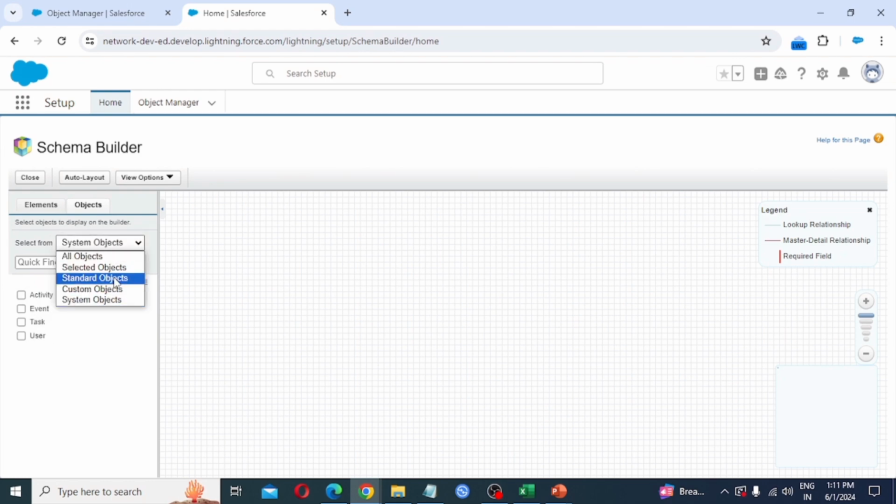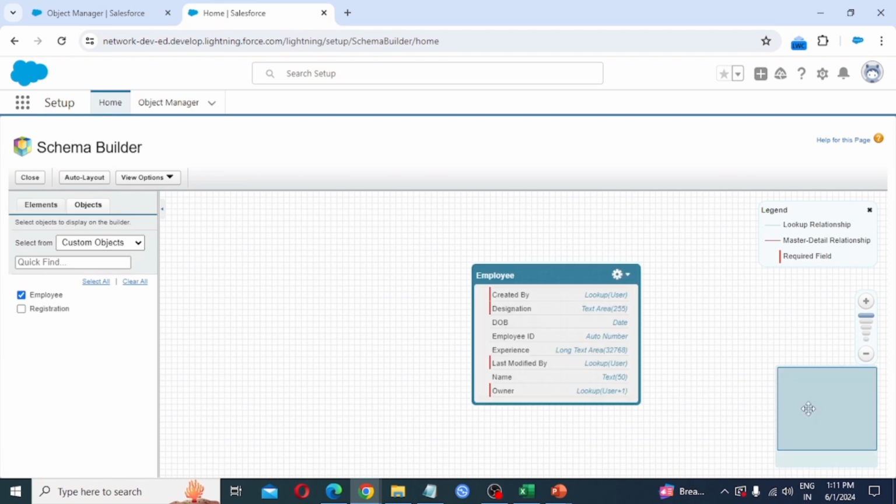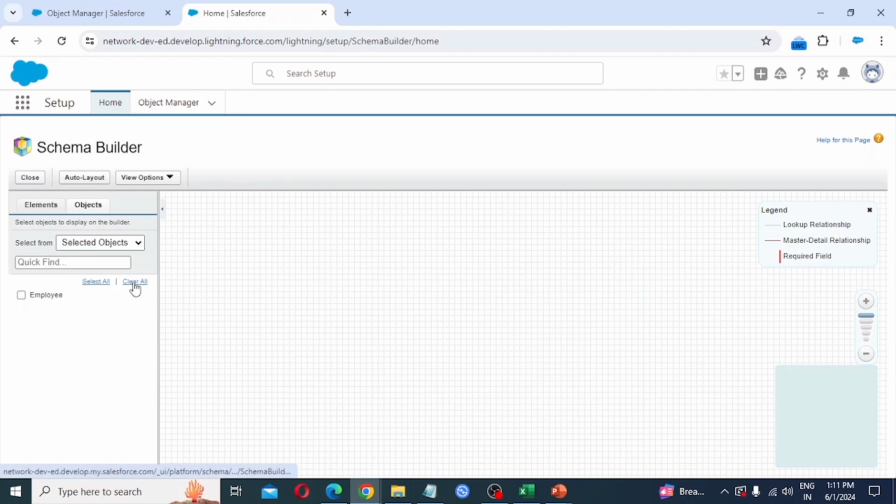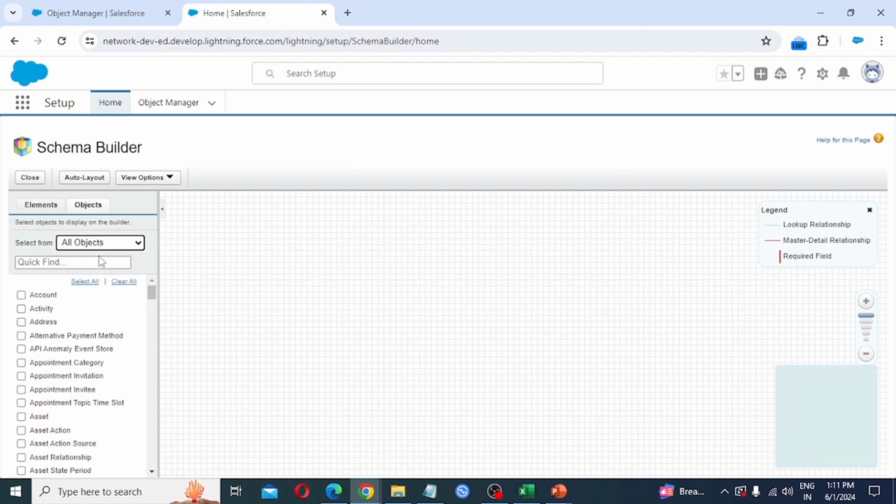So see how selected objects works. Let's come to our custom object. Click on this particular employee. The employee object is coming over here. So I am clearing all. Nothing is there. All objects, I am making it the default one. So let's see how to create two objects